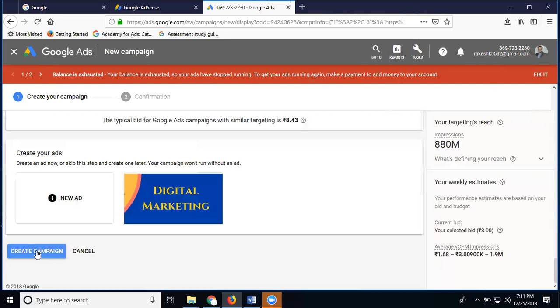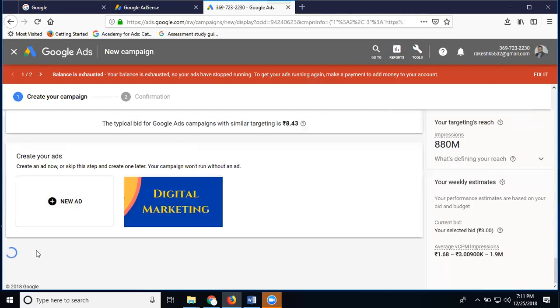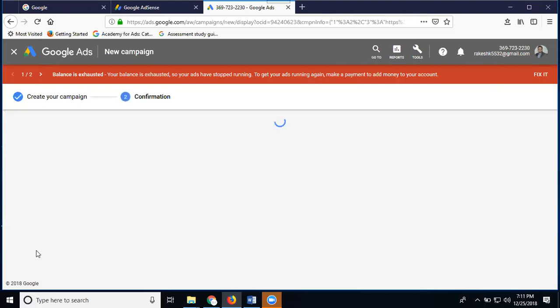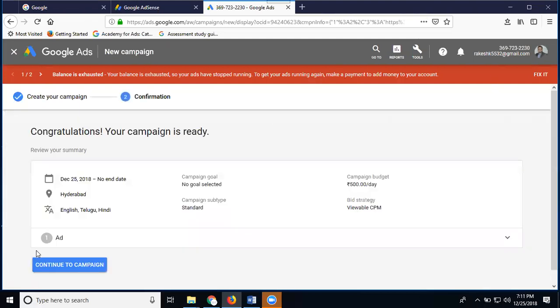Click create campaign. We are only selecting 3 options. First one, your bidding price and total budget. Second is target location. Third is target audience. That is called impressions. When you click, the price will be deducted, but we're looking for impression price.